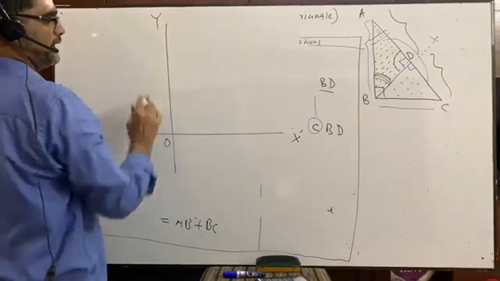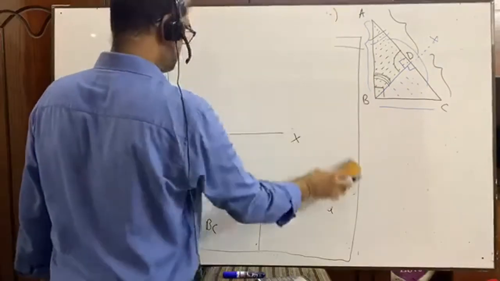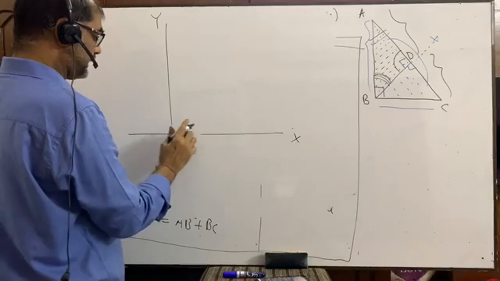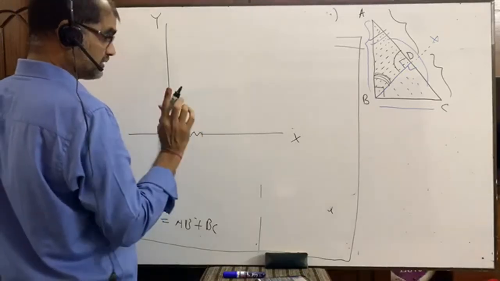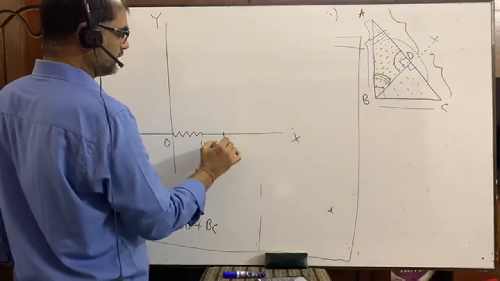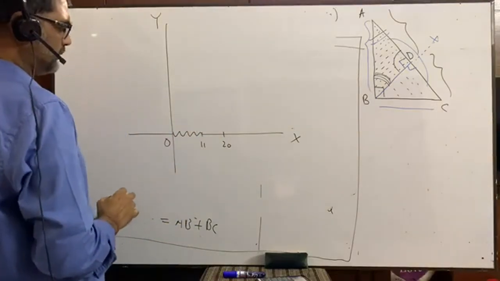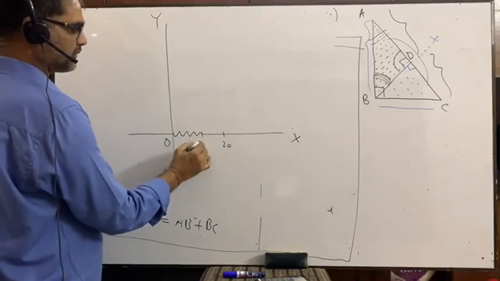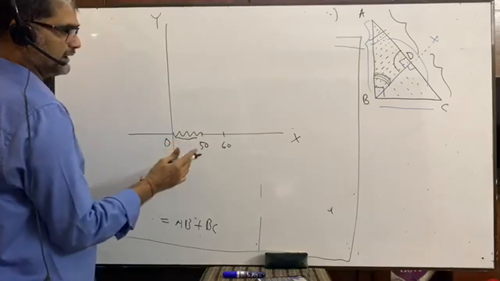It is Y. Then you have to write here class interval. Suppose it is a broken line, you have to write here. Suppose it starts from 11, suppose it is 20. I am giving you an example just. So you have to write from 0 to 10. It is a broken line, or it may start from 50. Here suppose it is 60. So 0 to 49, it is your broken line.